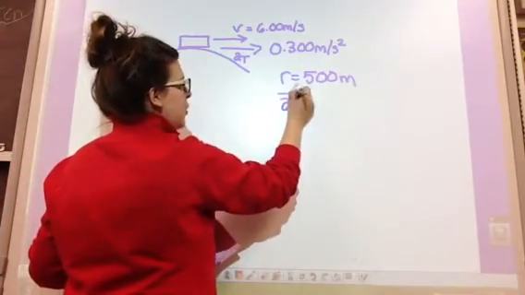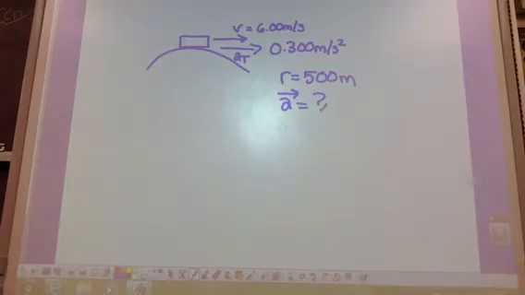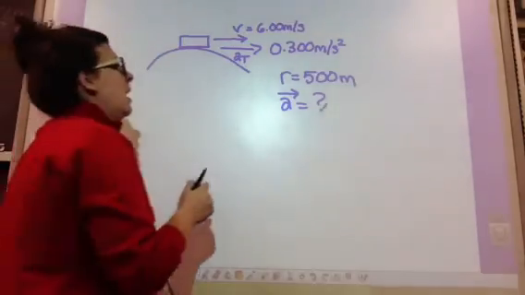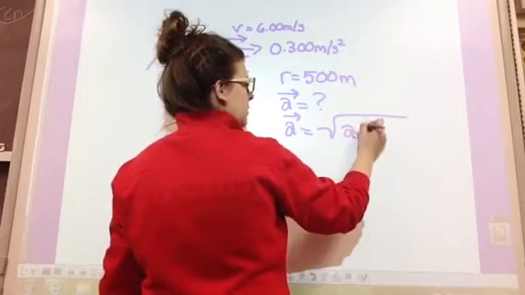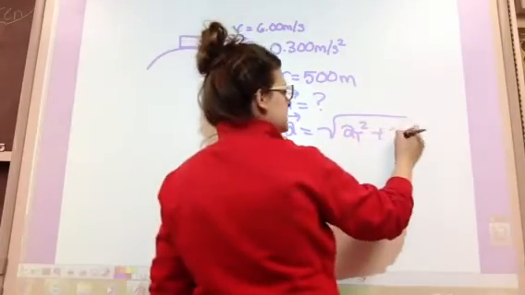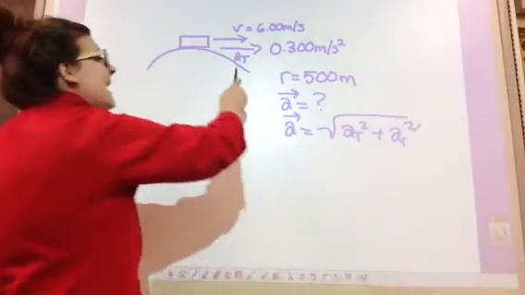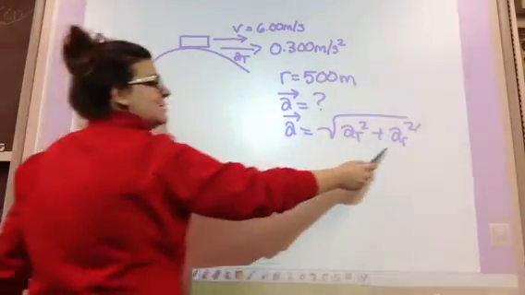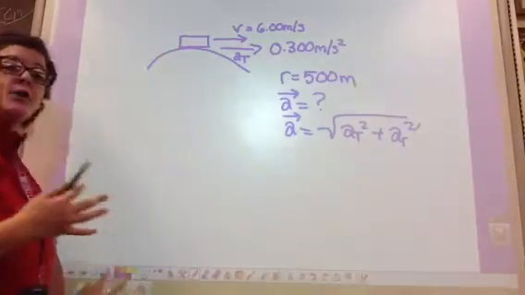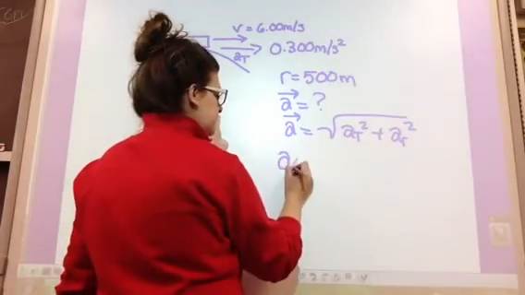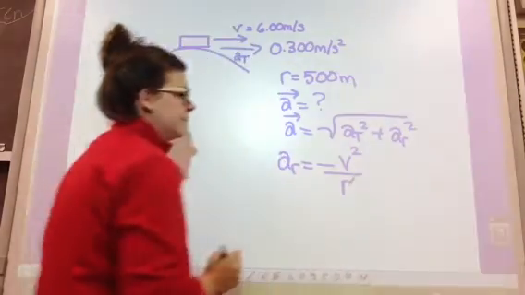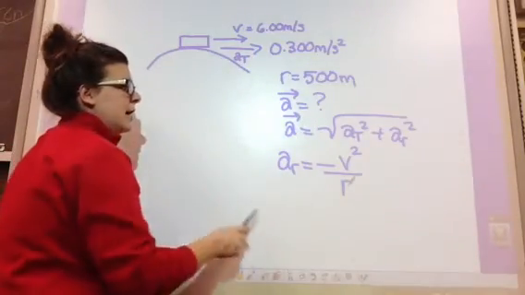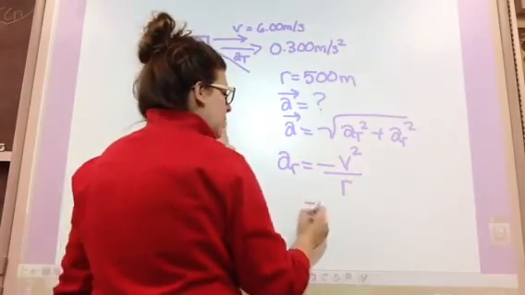My goal is to find that overall total acceleration vector. So to do that, if I need to find the magnitude of that and the direction, I know that the magnitude for this is going to be equal to the square root of the square of the tangential acceleration plus the square of the radial acceleration. They gave us the tangential acceleration, but I don't have the radial one. I could find the radial acceleration because we know that it is negative v squared over r. I was given a velocity there, and I would know the radius is 500 meters, so if I do the math,